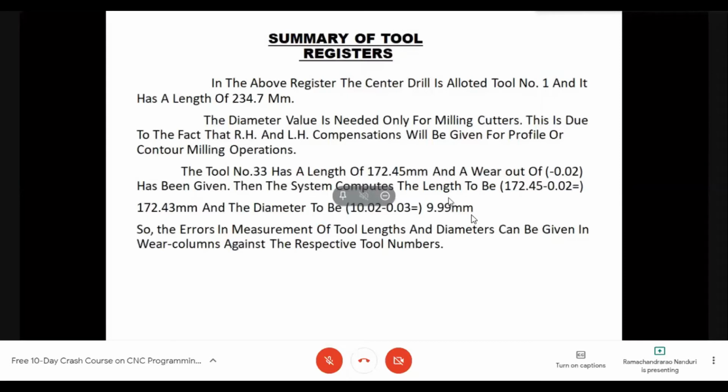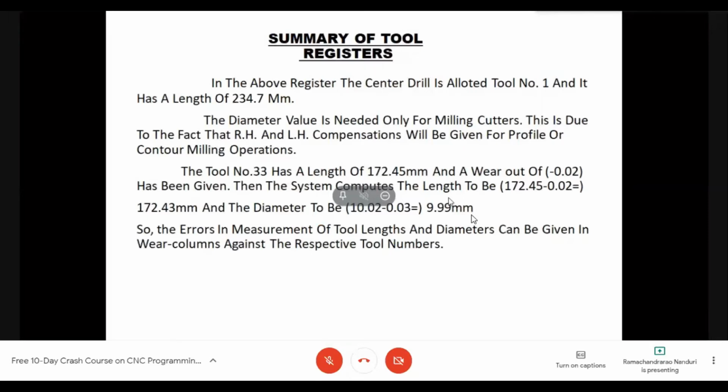So the tool is assumed to be an end mill which has a length of 172.45 mm, and as I have said earlier, a wear of minus 0.02 has been given. Then the system will compute the length to be 172.45 minus 0.02, that is 172.43 mm, and the diameter to be 9.99 mm.